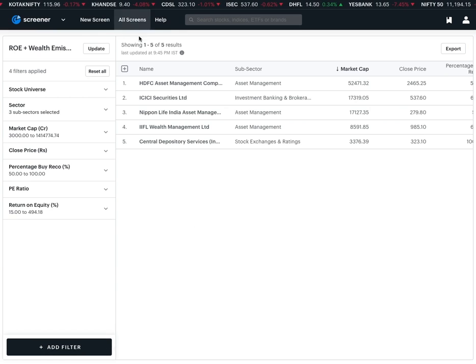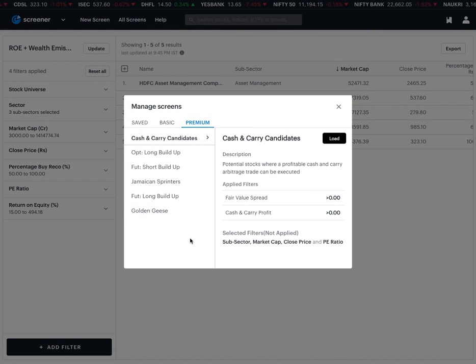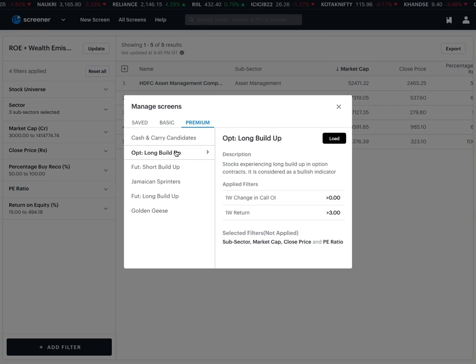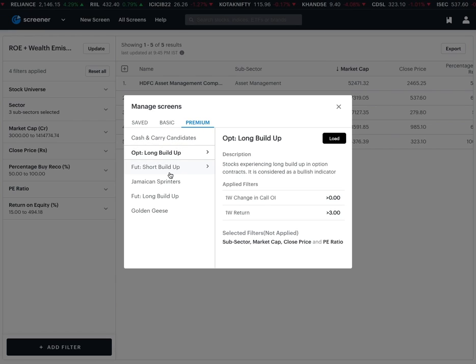Cool. All right. Now let's move on to premium screens. As I said earlier, premium screens we have created as two subcategories. One are technical screens, which I will not go into in this webinar because this will become a very long discussion. So I'll leave that to you to explore a bit, understand about the filters that we have used. I'm just going to go past them very quickly, but I will not explore them in detail.